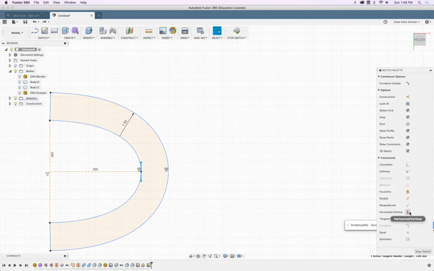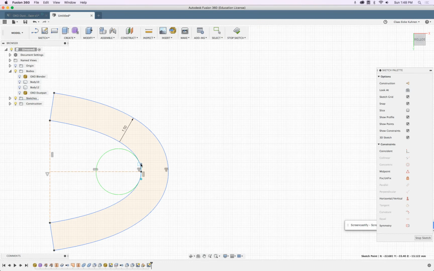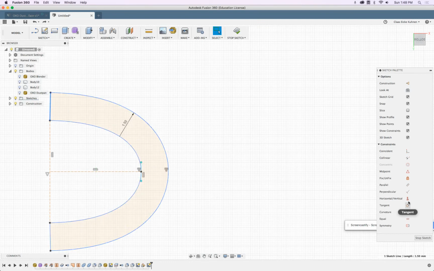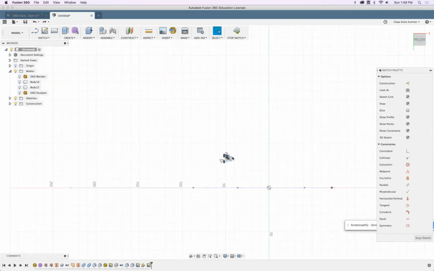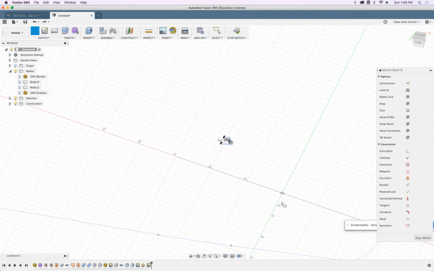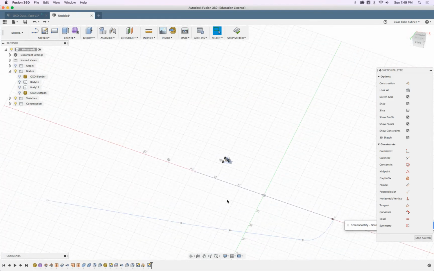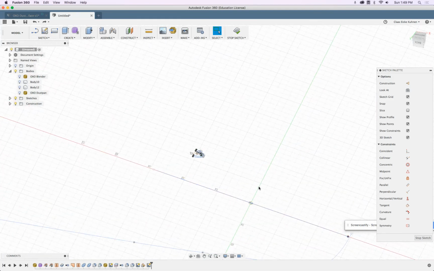This I will set to horizontal, vertical. Actually, what happens if I select this and say B? Yeah, it doesn't do this. Okay, good. So this is one side. How do I get it to the other side? I will draw myself a line. Oh, there's already this line. Okay, very good. Or in case we do not see this, there we draw this line. Whoops. This line should be horizontal, vertical. We make this a construction line,